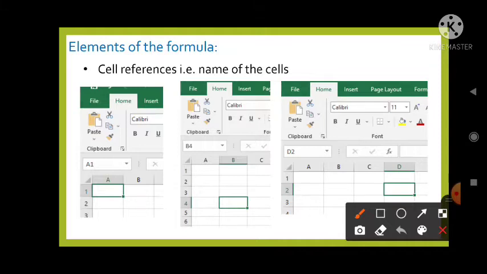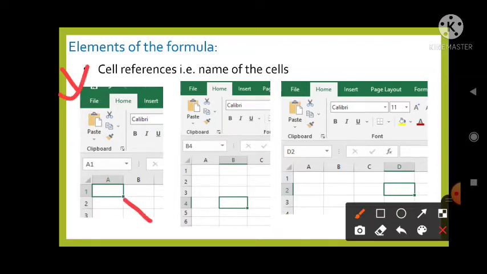Now we are dealing with reference, that is the name of the cell. Each cell in the worksheet has a unique name that is made up of the row and column number, and it is written by first mentioning the column, then the row number. If you look at this figure you will get this knowledge.